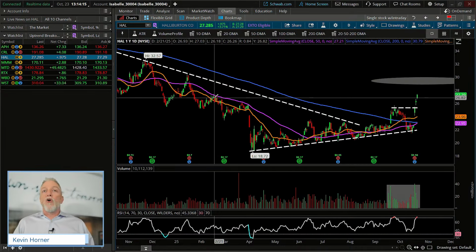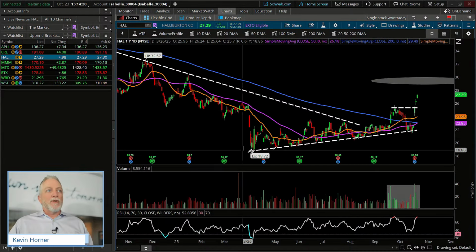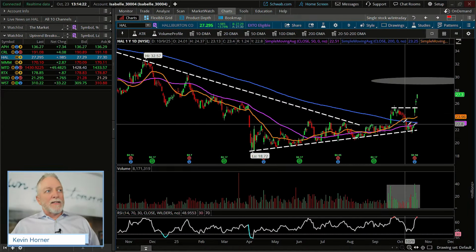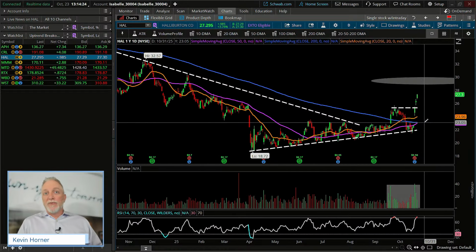Not to mention all three of the major moving averages, the 20, the 50, the 200, moving upward all of a sudden. In fact, the 200 is starting to flatten out, which is really difficult for the 200 to do, right? Pretty interesting scenario. But, traders, you're always telling me all the time, hey, I need to find those opportunities when things start to turn the corner. I'm looking for the chance to get started when something has maybe started to fix a downtrend as opposed to waiting for these longer range trends to play out.